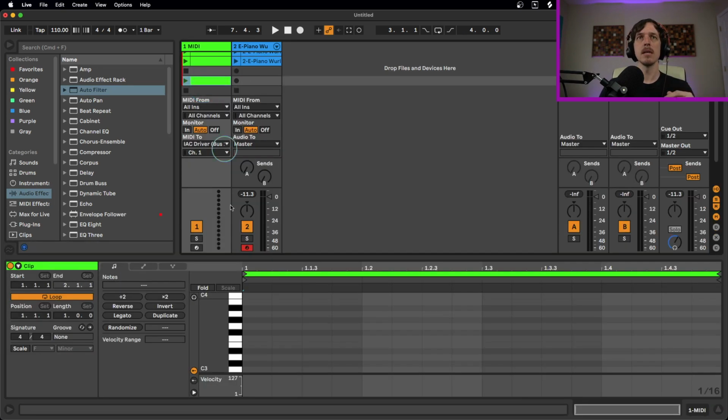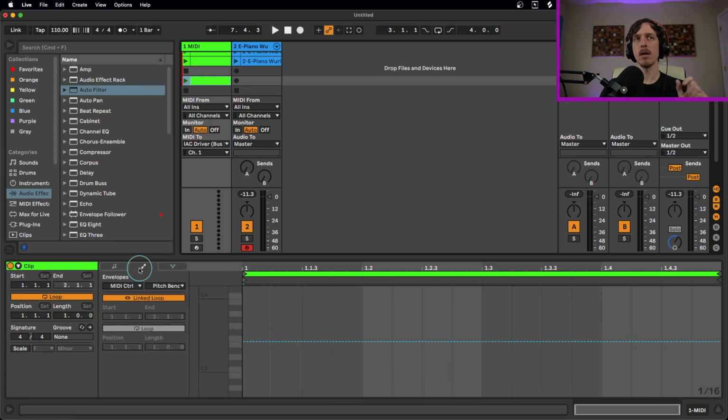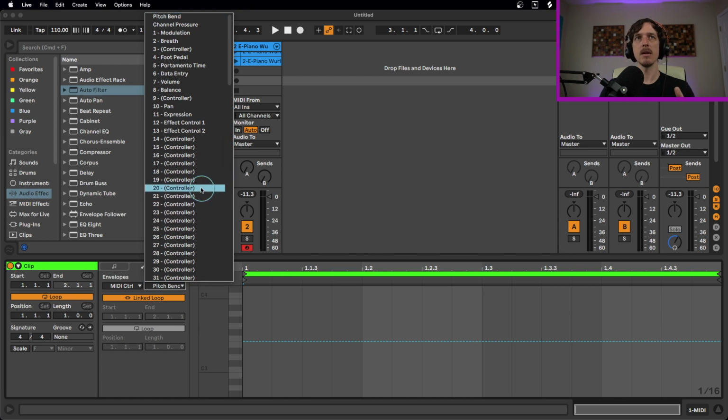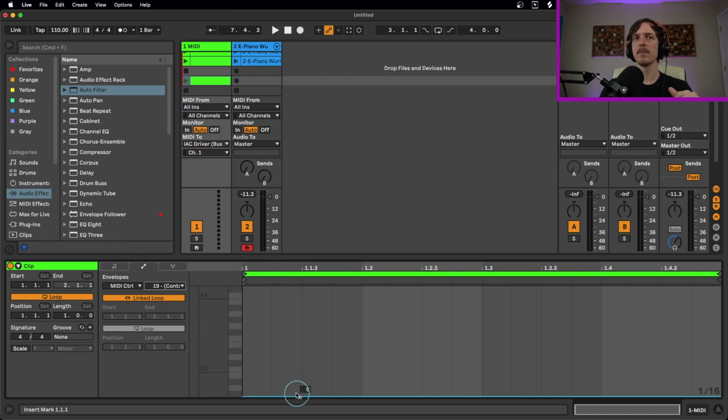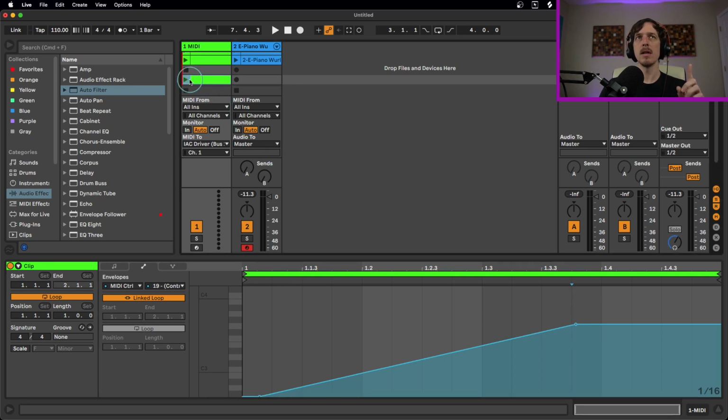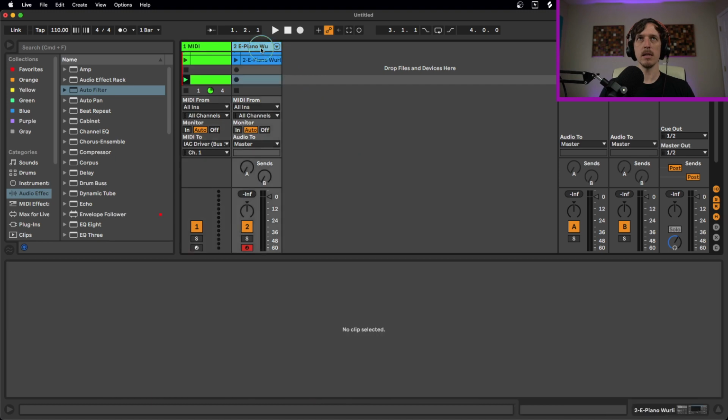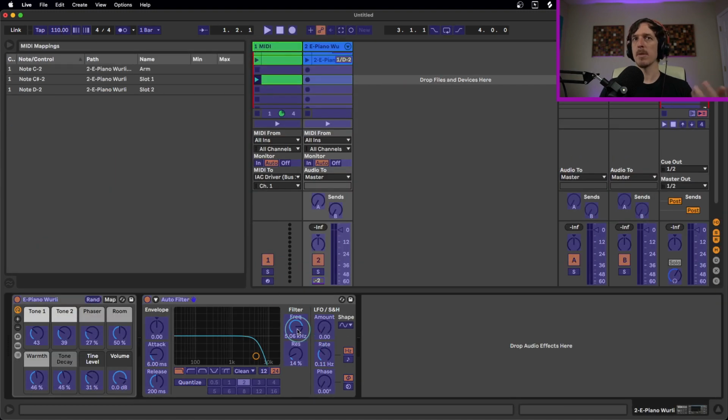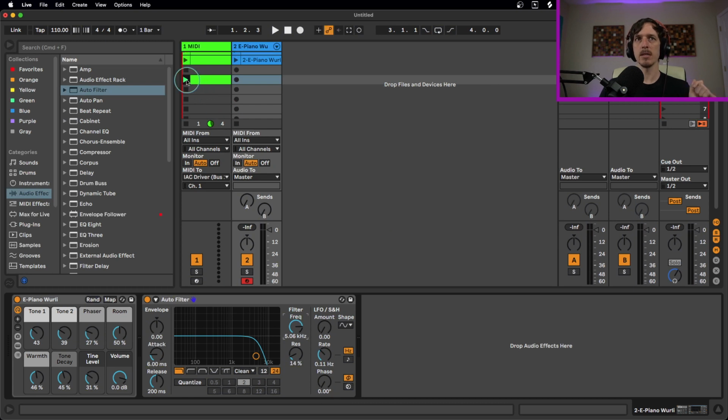So let's make a new clip in here. And if I go to my automation, underneath the MIDI control option, let's say we want to map it to CC19. Just put a little bit of automation in here. So now when I play this clip, it's going to be sending out CC19. So when I hit Command M, I can map that anywhere I want. So now as I play this clip,